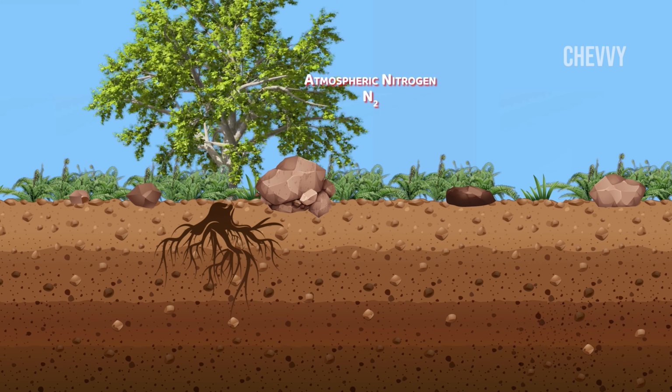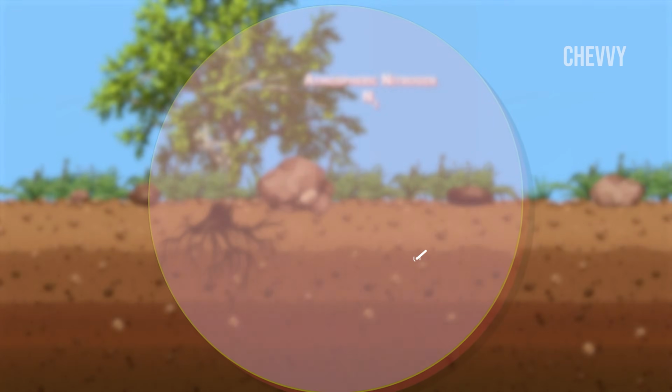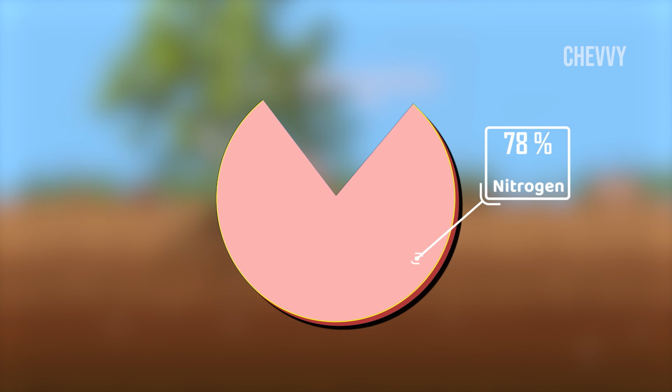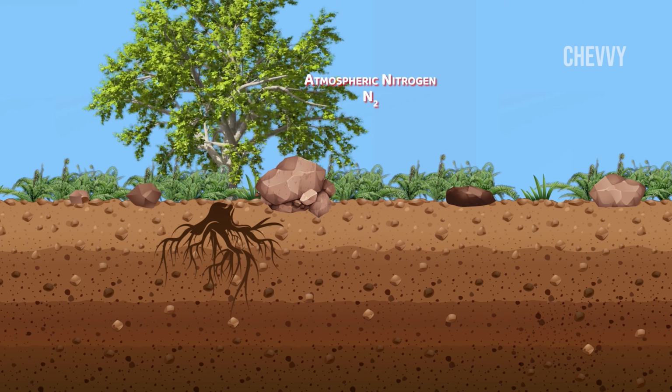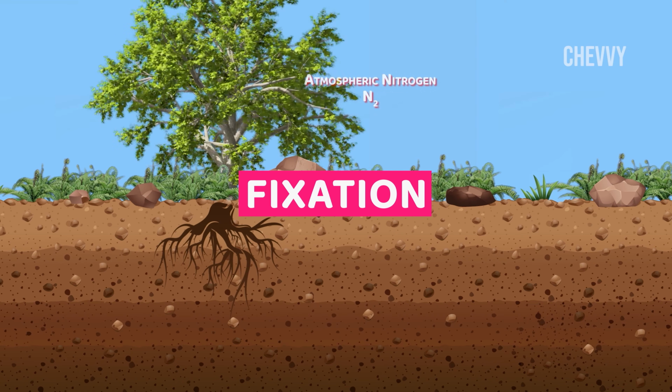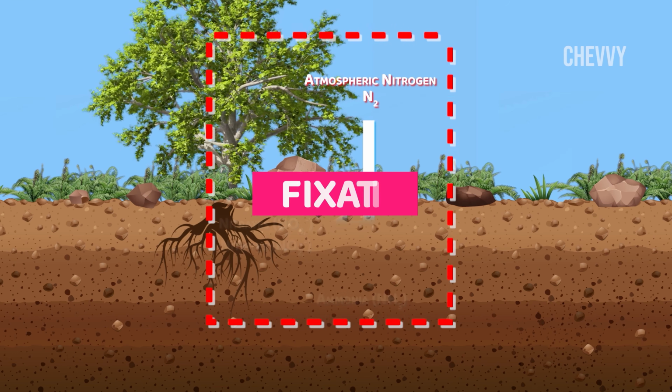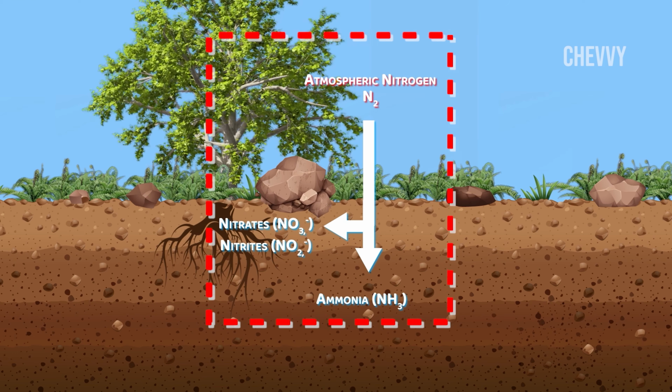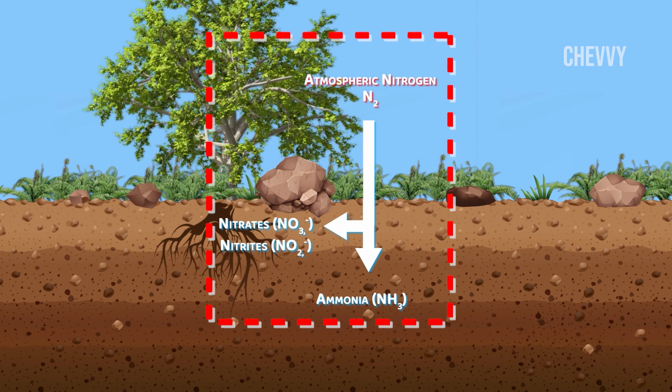During the nitrogen fixation phase, nitrogen moves from the atmosphere into the soil. Nitrogen gas is present in large quantities in Earth's atmosphere. But this nitrogen is not directly available to plants, because plants cannot use it directly without undergoing conversion from gaseous form. To be used by plants, it must be converted through a process called nitrogen fixation. Fixation converts atmospheric nitrogen into forms that plants can absorb through their root systems.